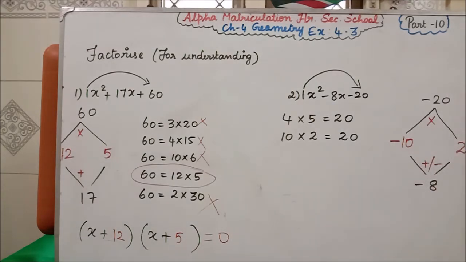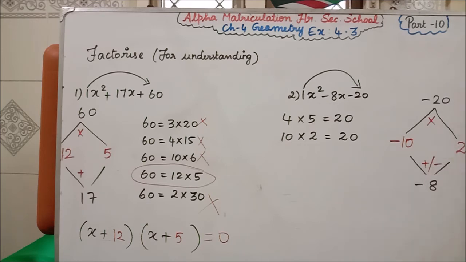Now what I told, I have written here 10 and 2. If the down part is having minus, immediately among these two numbers, for whichever number is bigger, you have to put minus, I have told. So I have written minus here. Now you multiply and see. Minus 10 into 2 is minus 20. Minus and plus is what? Minus. So we have to subtract. 10 minus 2 is 8. The greater number is minus, so minus. So this is our factorization.